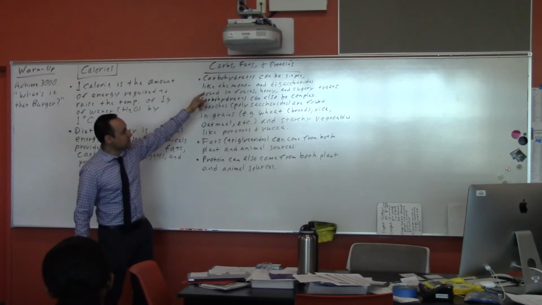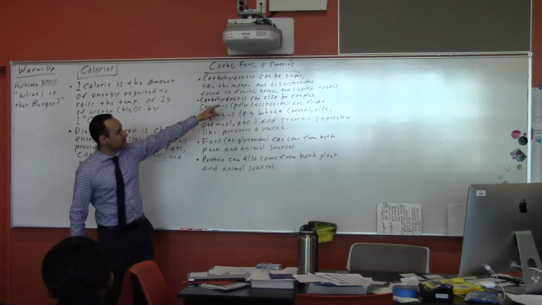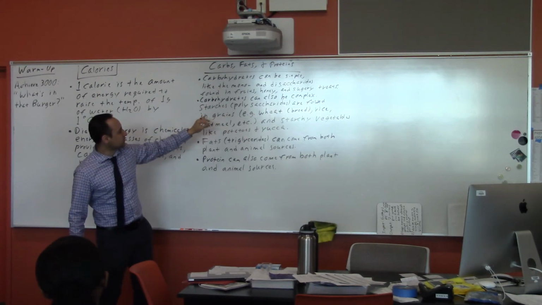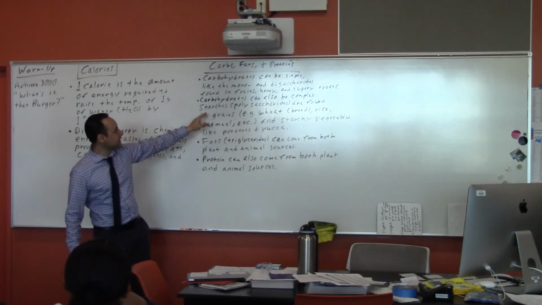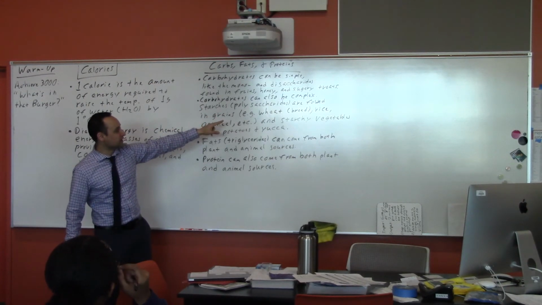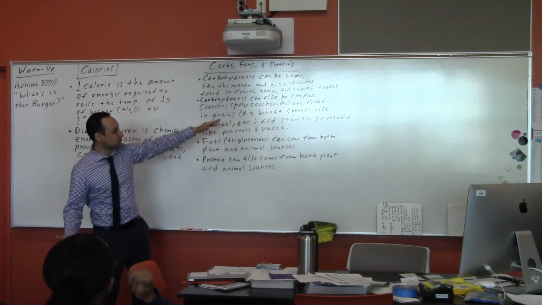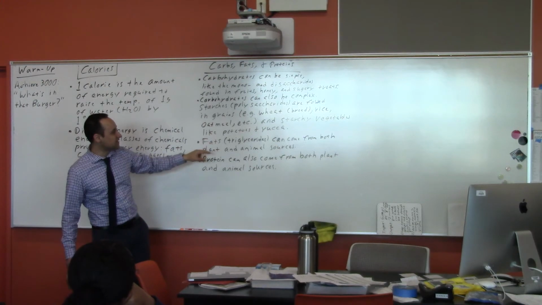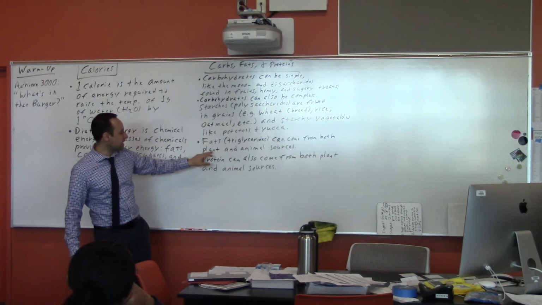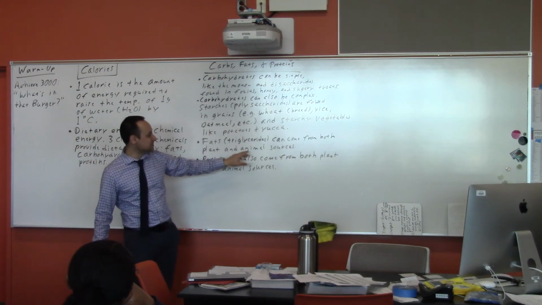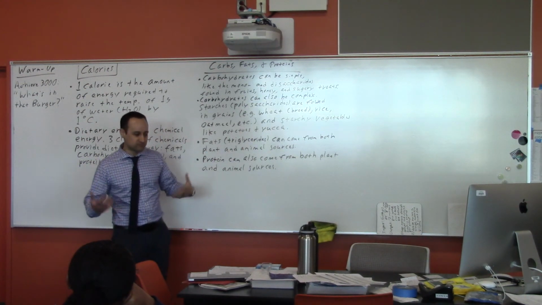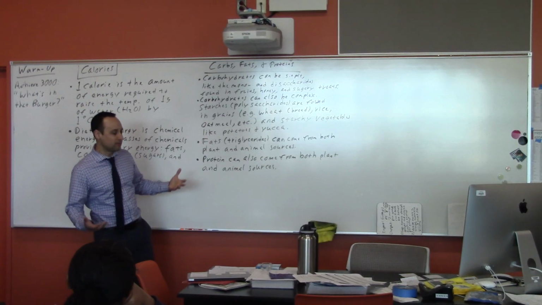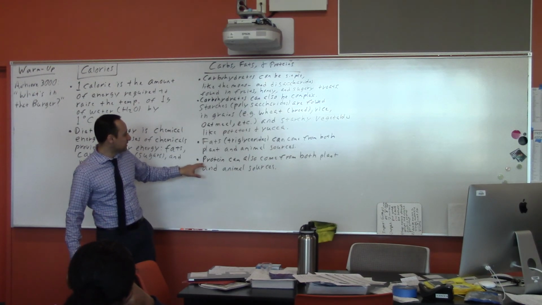The carbohydrates can be simple, like the ones that we find in fruits, honey, and sugary treats. The carbohydrates can also be complex, like the starches that are found in grains, like bread, or wheat, which is used to make most breads, rice, oatmeal, etc., and starchy vegetables like potato and yucca. Fats can be found from animals and plants, okay? From the plants, we have the fat in the seeds. From the animals, we have it just from the muscle mass. It's fat that's attached to the skeletal muscle. And then